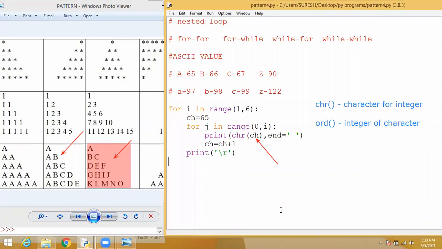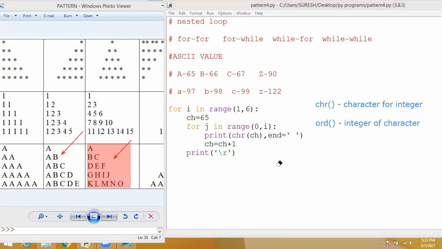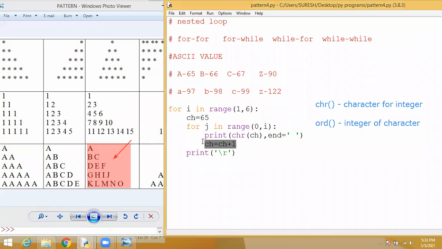Students, this is our program, right? What do we have to do to get the exact, highlighted output? For CH, do you want to use a start value and an end value? Start value, end value. Yes, start value, end value. You want to use...